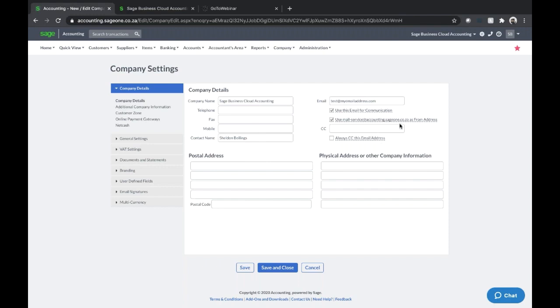On the right hand side, you've got some email communication tools that have been made available in the accounting application. So there's an option that says use this email address for communication, as well as use mail-service at accounting.sage1.co.za as the from address. And the reason why we've created this is to avoid emails ending up in spam folders, junk mail folders, or getting blocked by any server. So you're able to tick that box and the email sent through from the accounting application will reach the recipient